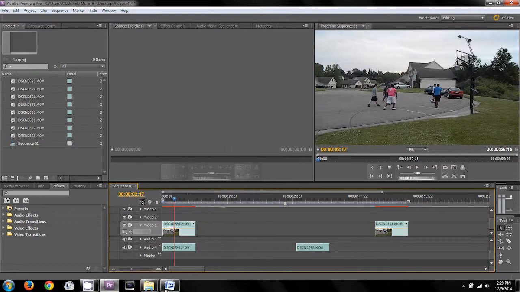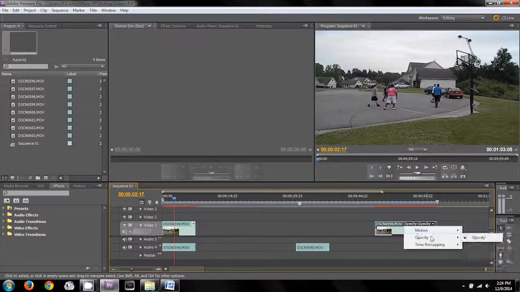the step before. Another thing you guys have to remember is that if you want to move one of these clips, you have to be careful where you click, because if you click down here where this yellow bar is, you might accidentally edit the volume or something. And if you click on where it says opacity, it's gonna bring up other stuff that you don't even want to mess with. So in this case, you gotta click where the title of the clip is, so then you gotta drag that